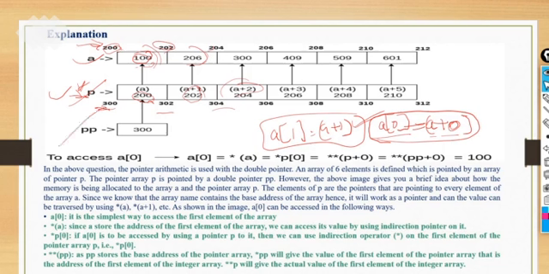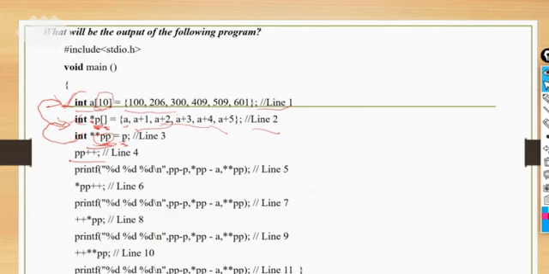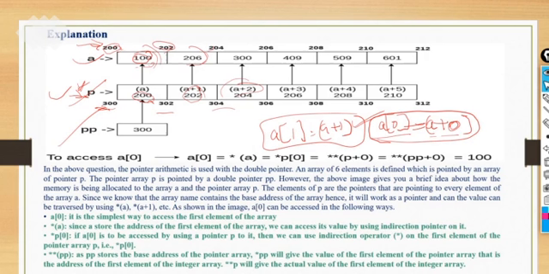So what about the pp? pp is having the address of p. We already know in the program it is mentioned here, pp is having the p. So p is what? P's address. What is the p's address? 300. So it consists of 300. So in this pp slot there is a 300. So indirectly, with the help of arrows, we have mentioned here what it actually means.